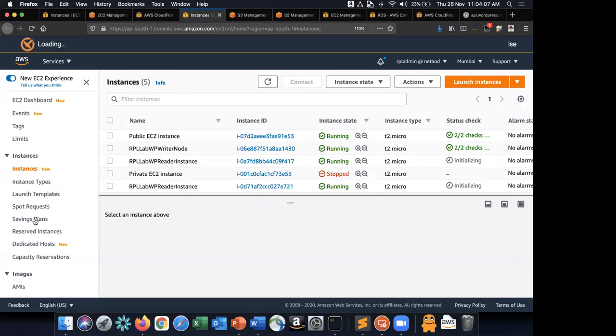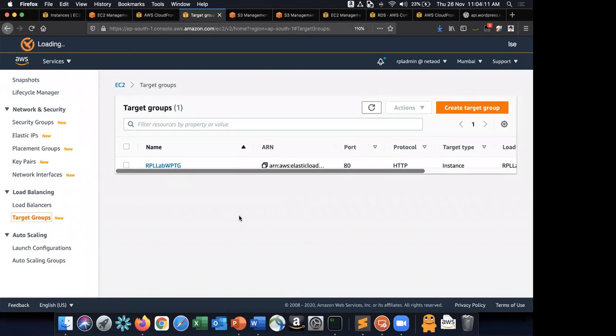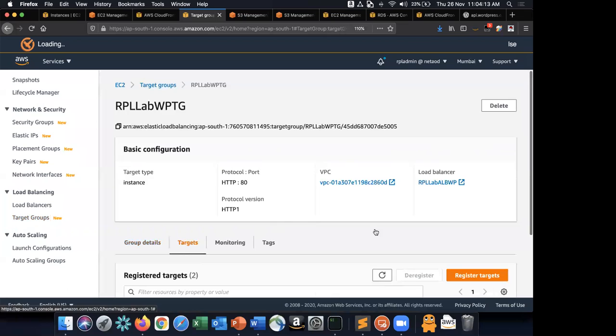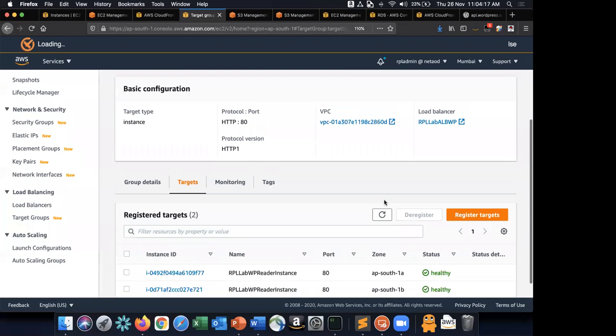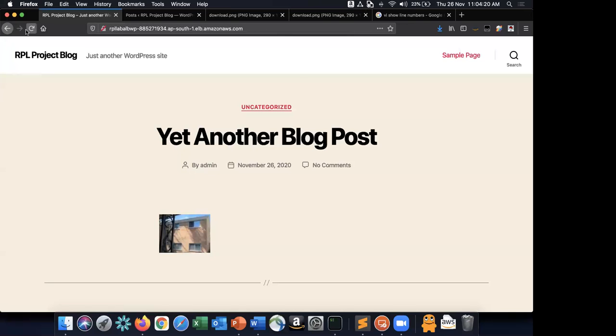I'll go to the target groups. Let me check that. Go to the targets. Yeah, see, it's registered to the ALB also, and it's healthy. It has turned healthy also. Now, if I just go ahead and refresh it, yeah, see, it's back to its normal performance. Okay, so now what I'm going to do is,